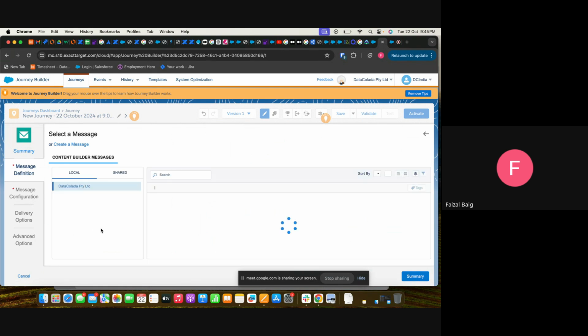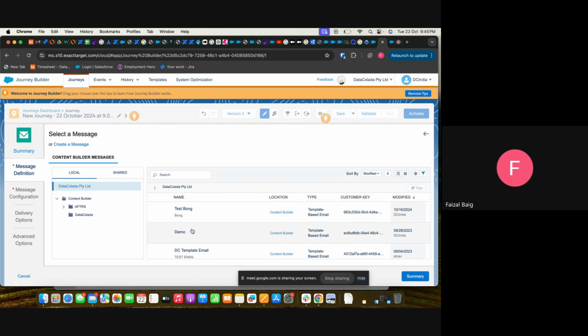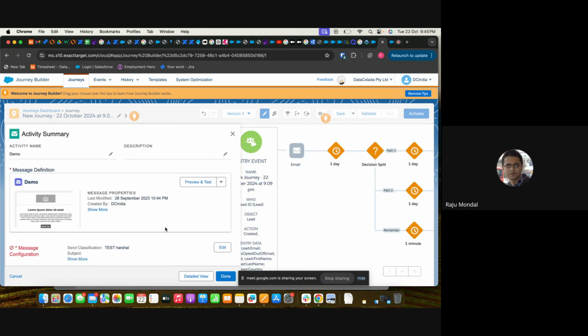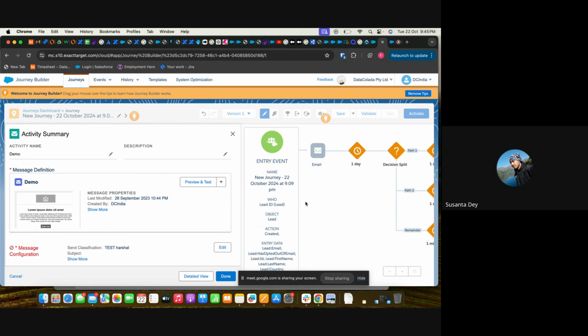And we can send it accordingly. Is it clear, guys? Do you have any questions still? No. That means if the criteria is matched after 1 day, they have sent the email, right? Sending an email after the decision part does not make any sense. But the main agenda is to make you understand that as soon as the customer gets enrolled into Sales Cloud, within a few seconds that person will be added into the journey. Then the email will be sent.